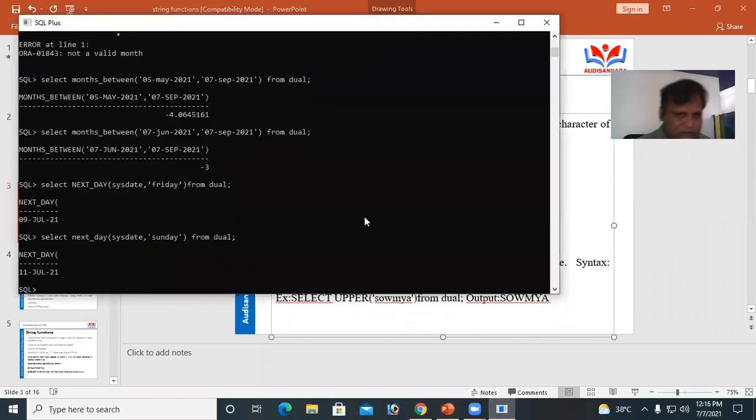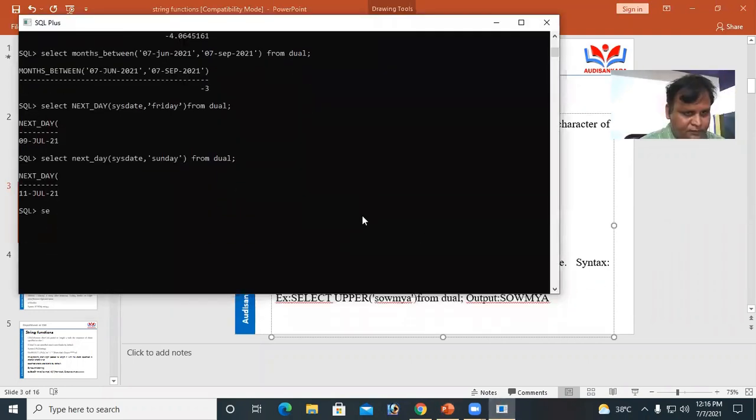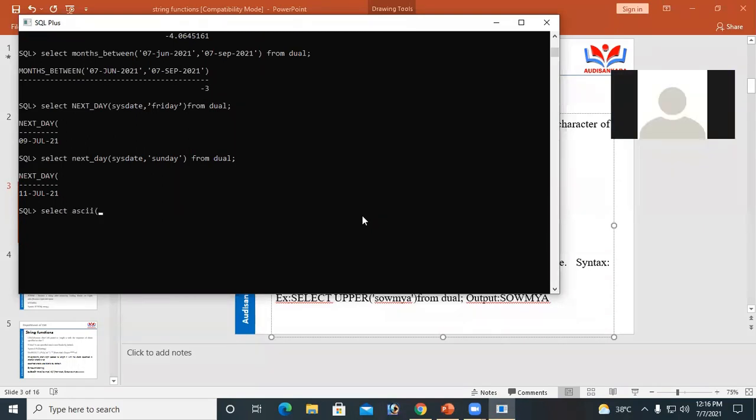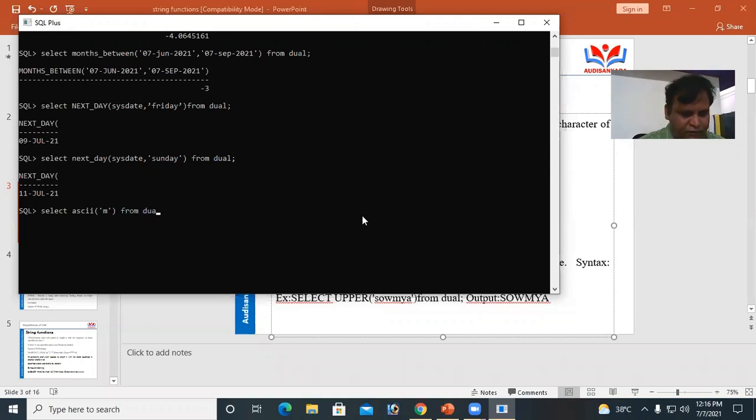Simply, we say SELECT ASCII of small m from DUAL. We are fetching the ASCII value of small m. Output is 109.